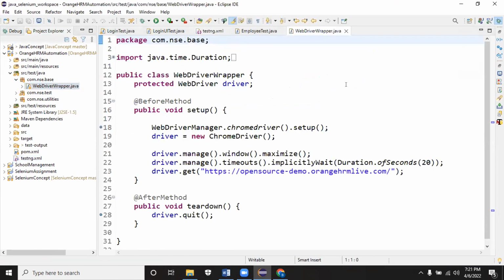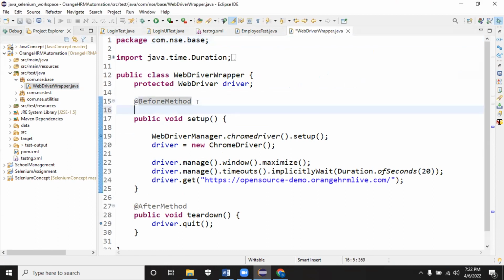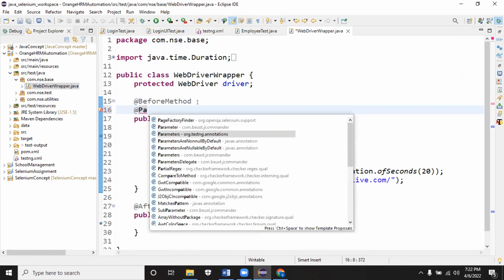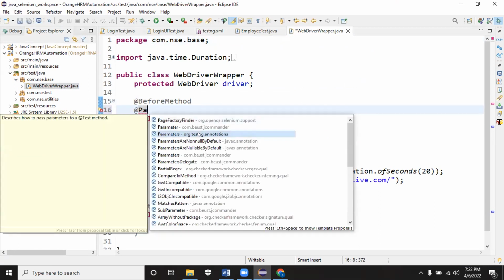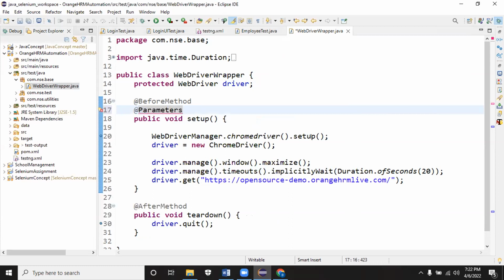Under the wrapper class, I added it. Here I'll write a simple condition, using an annotation called @Parameters. You can add it; the Parameters annotation comes from org.testng.annotations. The argument within curly braces is the parameter name.